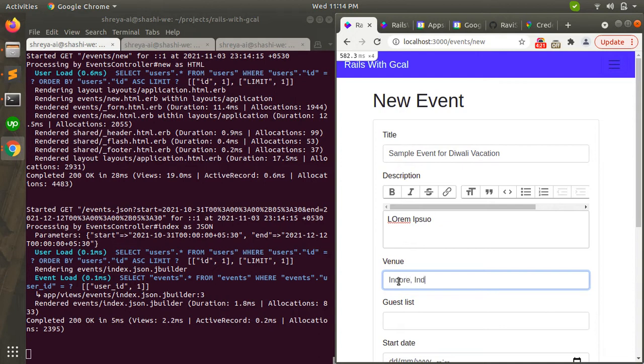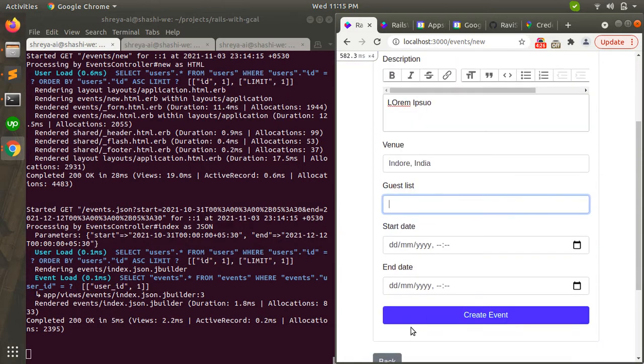Indore, India. Guest list: here you can provide comma separated emails, and those emails will be added as guests of the event. So let's write ravi@appsimpact.com, ravi@example.com, ravi@csc.com.